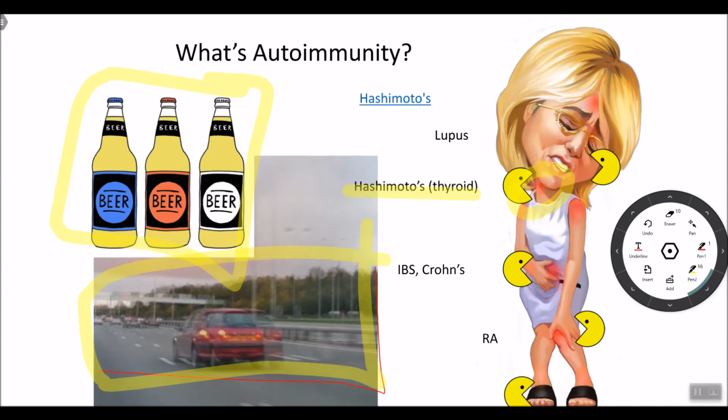It's going to start to attack it. So your immune system literally starts to attack your thyroid and tear it apart because it thinks it's foreign. That is what happens in autoimmune diseases. So there's a lot of autoimmune diseases out there. For example, lupus is a connective tissue disease. Your immune system recognizes your tissues as foreign and starts to attack it.